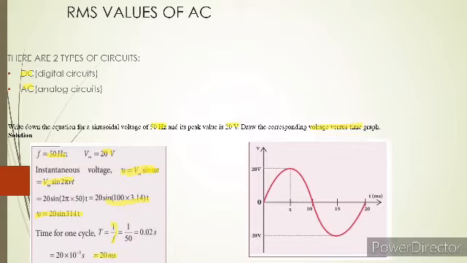That is what we have drawn here in the graph. You can see the voltage versus time graph, which is taken in milliseconds. Here 0 to 20 volts have been taken approximately. This is the half cycle: from 0 to 10 is one half cycle, and this is another half cycle, which we call the positive and the negative cycle. This is the graph we get by using these formulas.